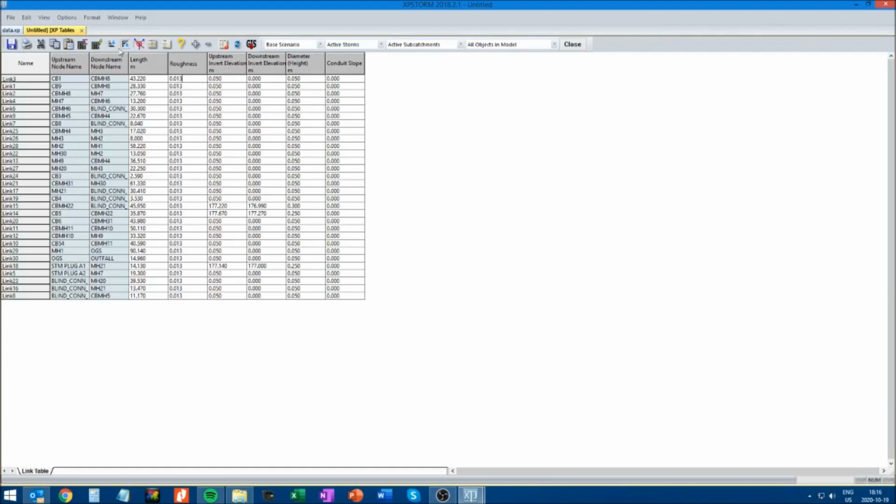So we'll start at the top, CB1 to CB manhole 8, 4322, which is about right. Roughness we have, upstream invert is 177.25, 8, downstream 176.82, and this pipe is